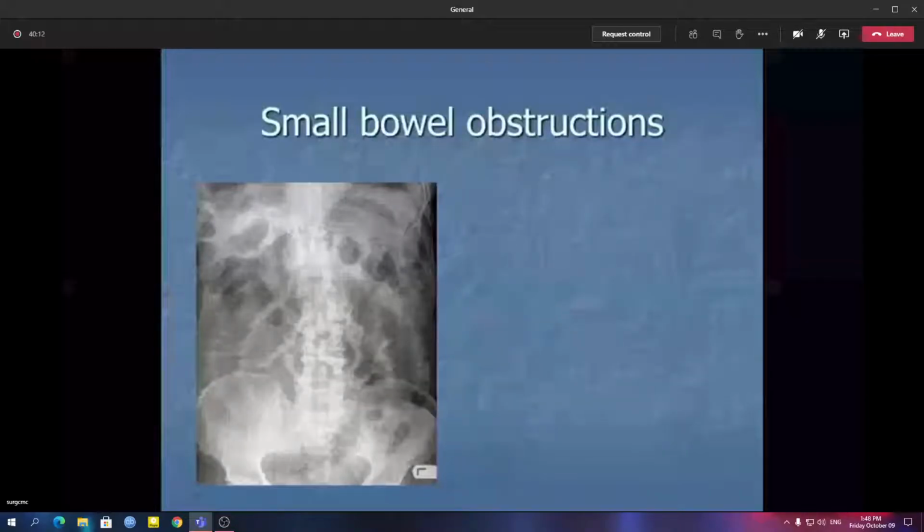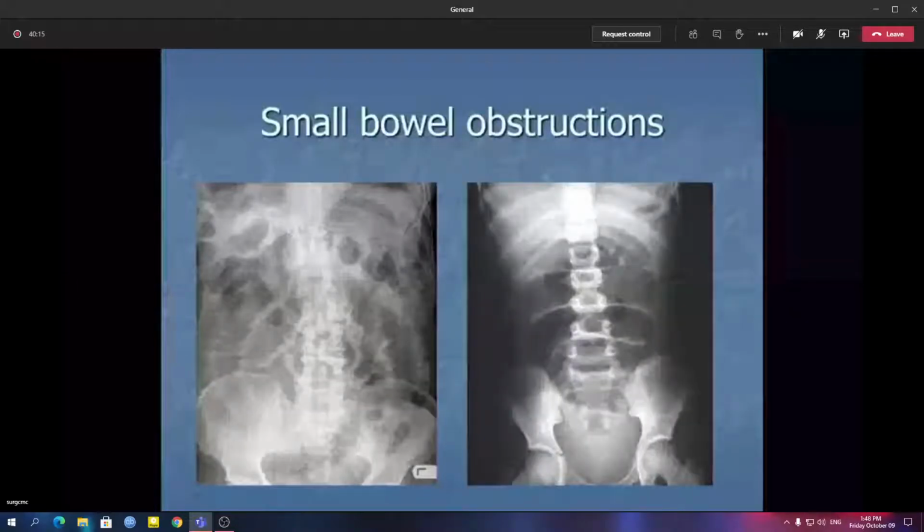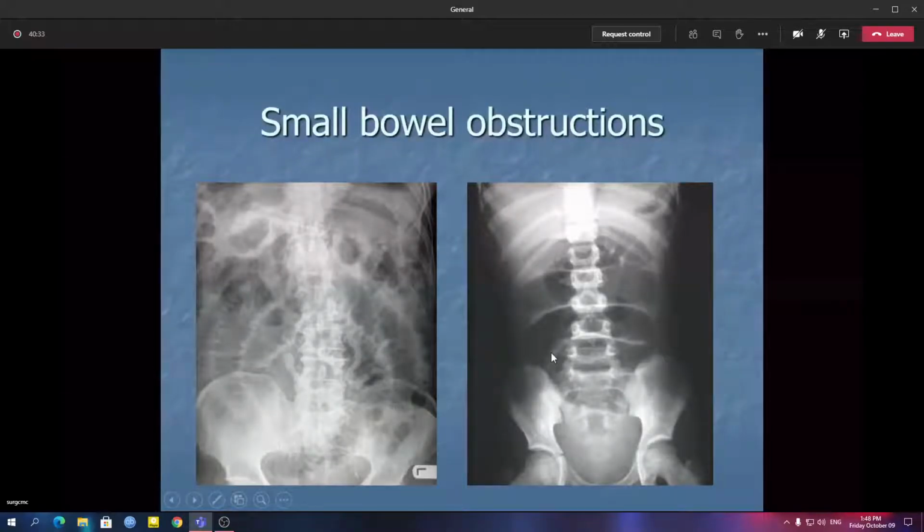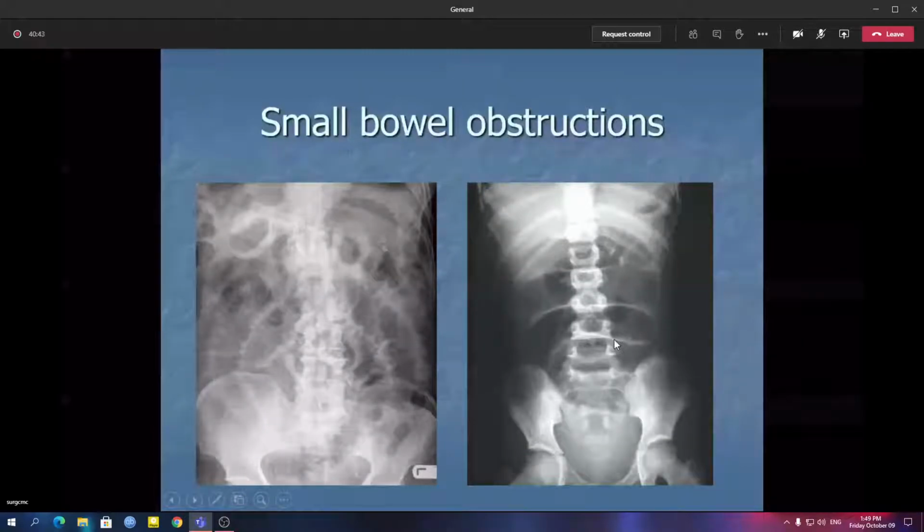Now coming to the fact of small bowel obstruction. In small bowel obstruction or large bowel obstruction, there are various differences. Look at the pattern. Here you can see some flowery patterns, some fine streaky lines going from one part of the intestine to another. And in this plate, you can see dilated bowel loops, but just dilated loops with no special character. These are typical features of small bowel obstruction.